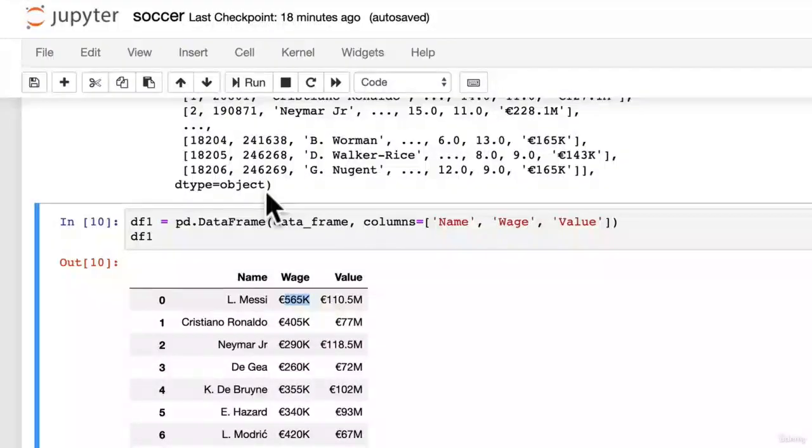Because what we want to do is compare each player's wage with the value and have perhaps a different column called the difference to see which player has the biggest gap between their wage and their value. Well, let's try and